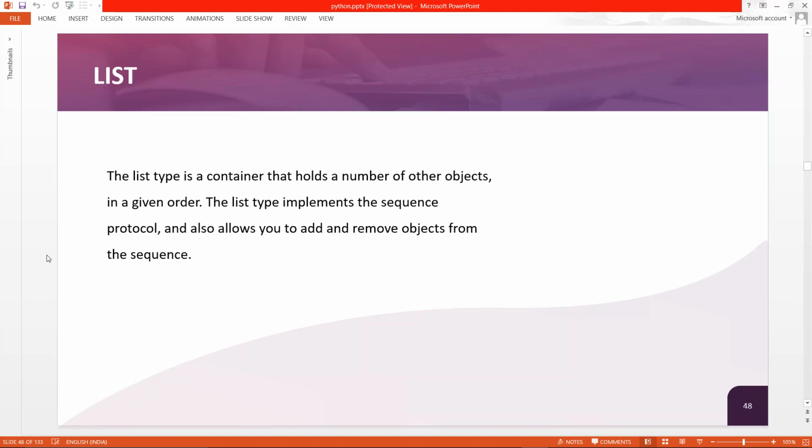Basically, what you should understand is a list is a container or a folder where you can store data, and the data could be of any type. It could be string, float, integer, anything. It's a container which stores data.